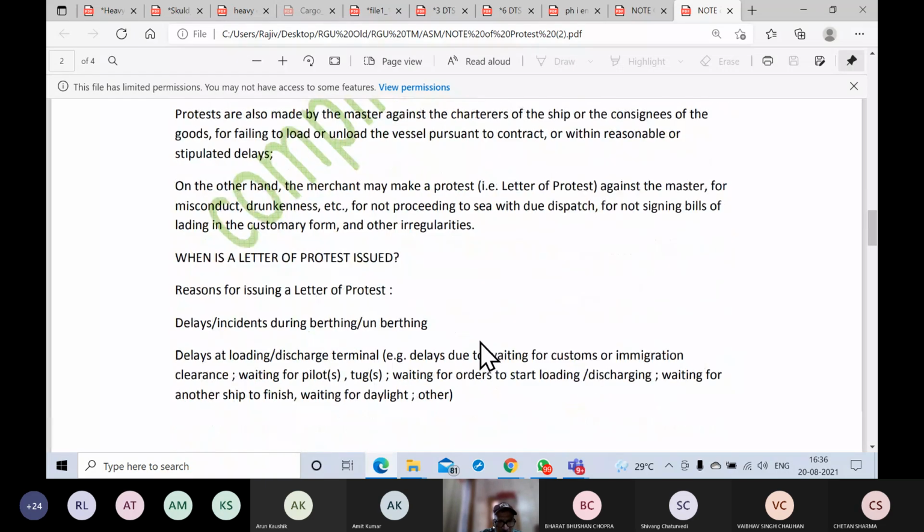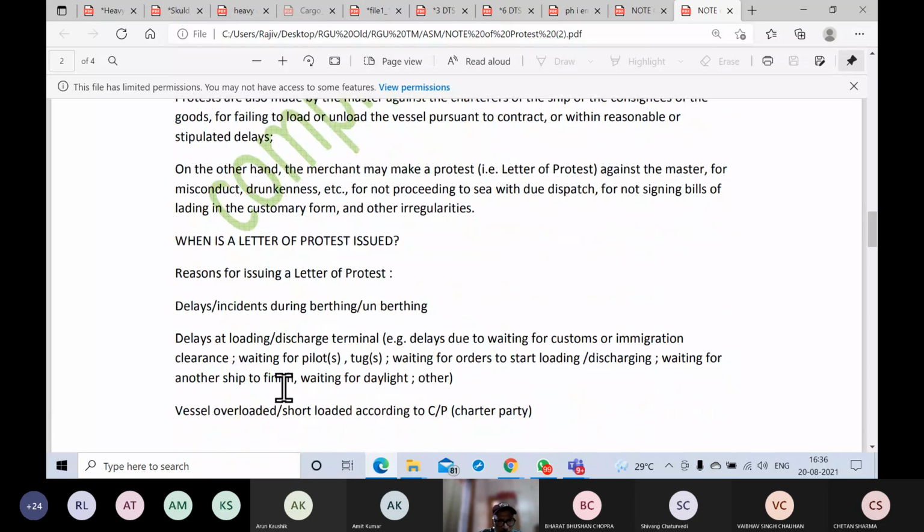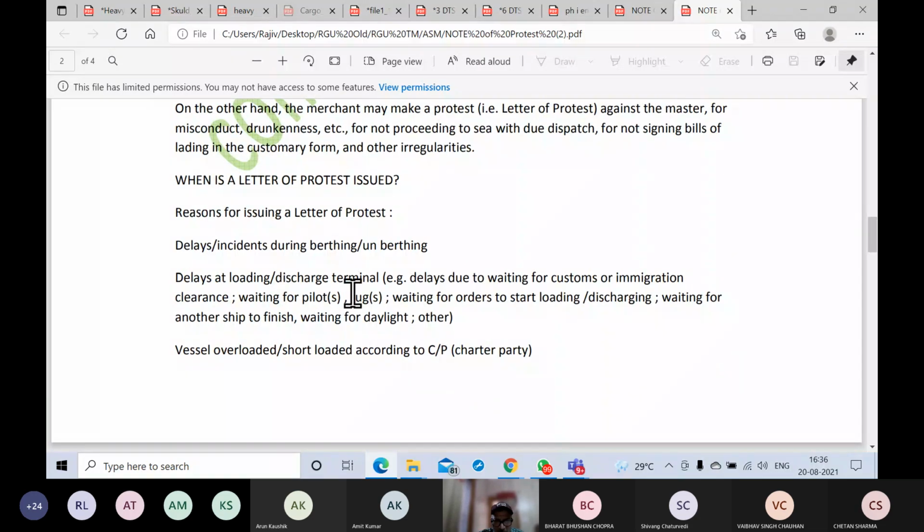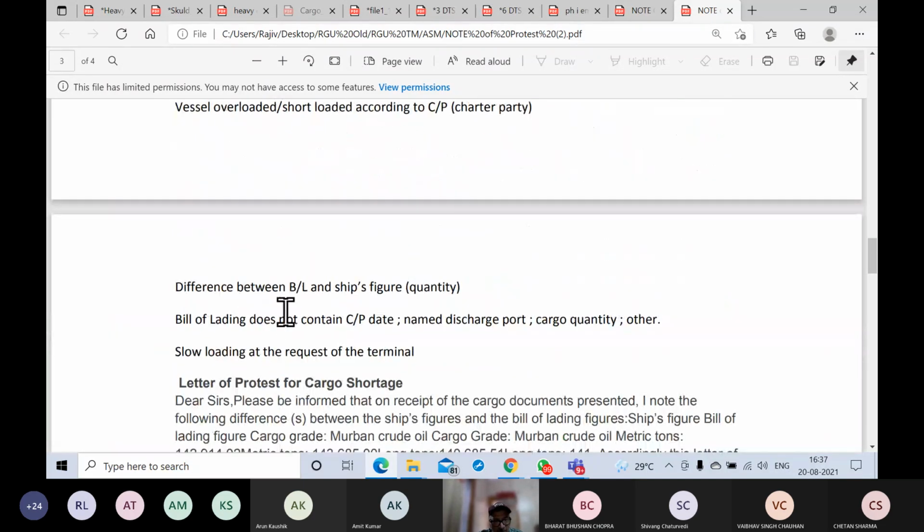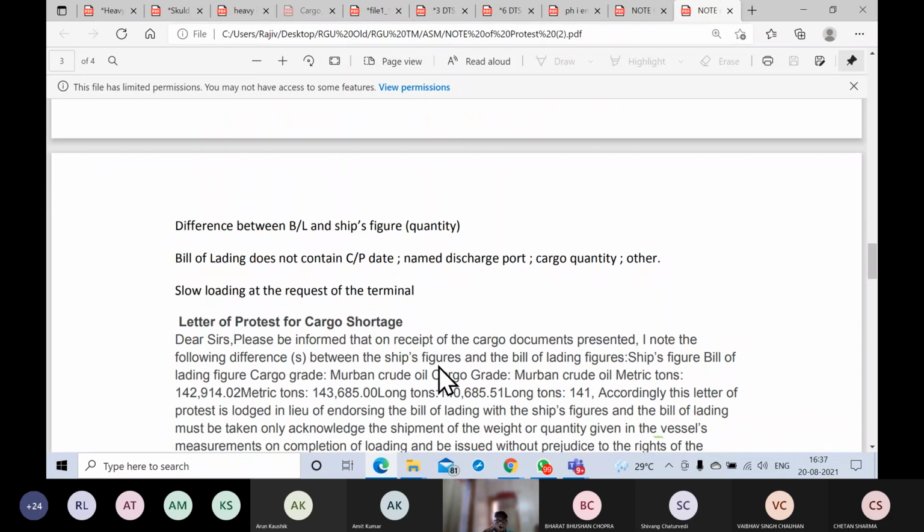अब लेटर ऑफ प्रोटेस्ट, कई इंसिडेंट तो हमने डिस्कस कर ही लिए आपके साथ में। How it is issued, when. Reasons for letter of protest: delays in berthing, delays in loading or discharge terminal, means waiting for ship to finish, waiting for daylight, overloaded, short loaded according to charter party. Difference between BL and ship figure, letter of protest. Charter party dates, discharge ports, cargo quantities, discrepancies. Slow loading at request of terminal, LOP आ जाएगा. Slow loading from the agreed speed on the cargo manifold रेट, अगर उससे कम है या ज्यादा है तो आपका LOP आ सकता है।